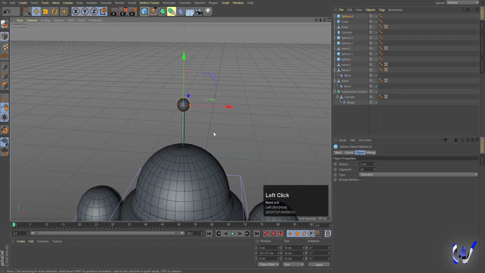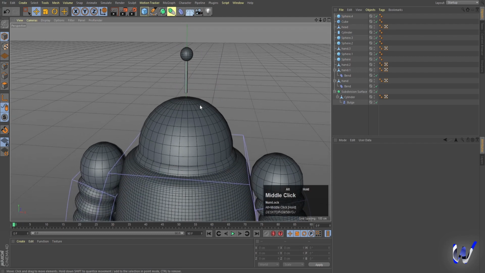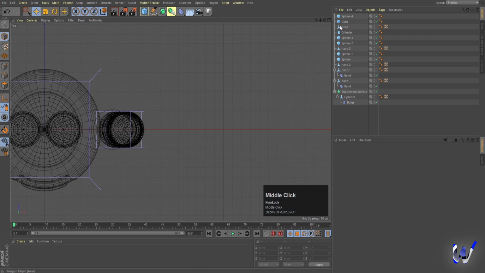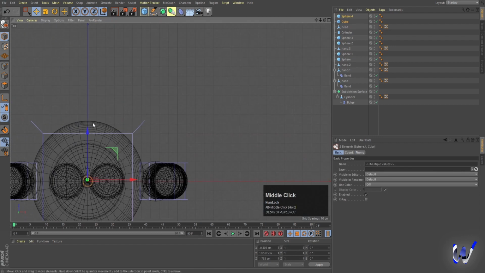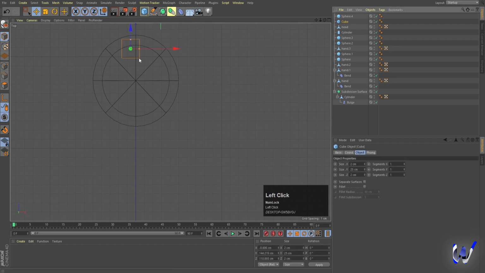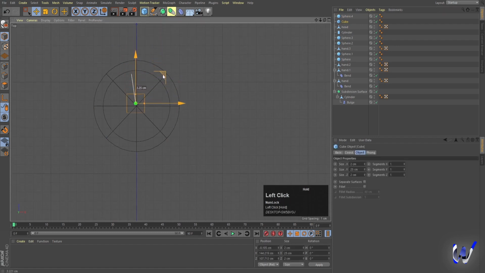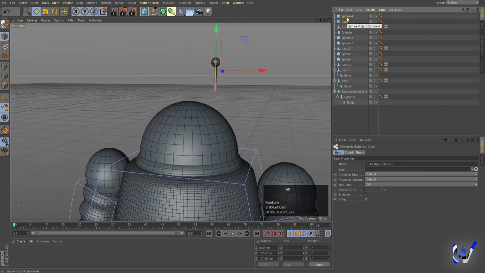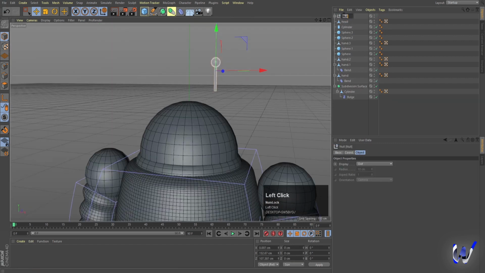I'll move this thing over here. So this is one type of antenna, let's say. Select both the cube and sphere, and let's move this thing over here now. And this cube should be at the center of this sphere, so I'll move this over here. Select both of them, press Alt G to group, and name this antenna,